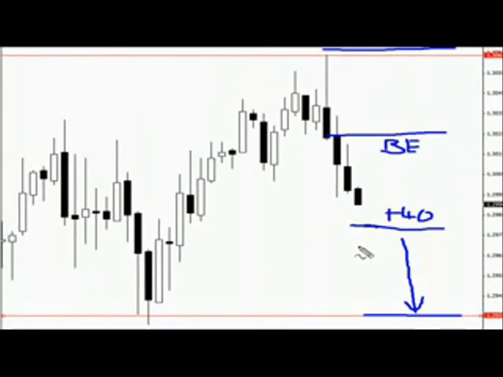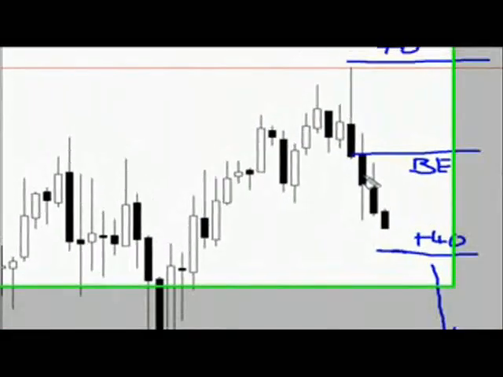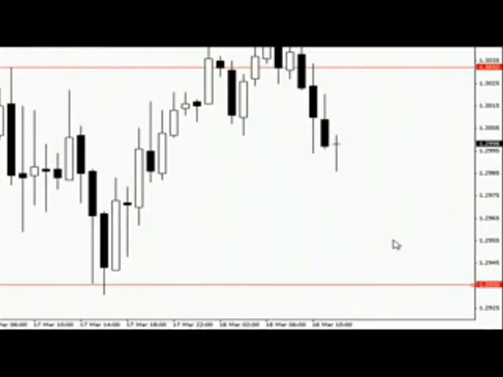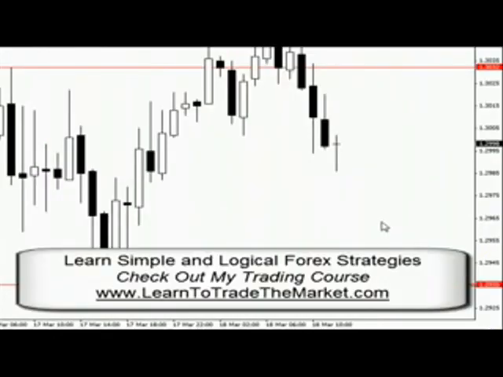Now I don't know many Forex traders out there that would argue with 2 times, 3 times their risk. That means you've really only got to have a strike rate of 30% or more. And that's very achievable with these price action signals. Okay, so just to recap the 1 hour chart here, I've